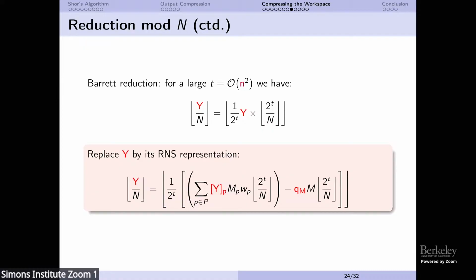And then we get even more ugly formulas, because we will replace the y here by its RNS representation. So it gets ugly, but what you have to see here is that essentially the RNS representation is replacing y by a big sum of things. And in these things, you have the residues, and then you have big cofactors. This is also a big cofactor.